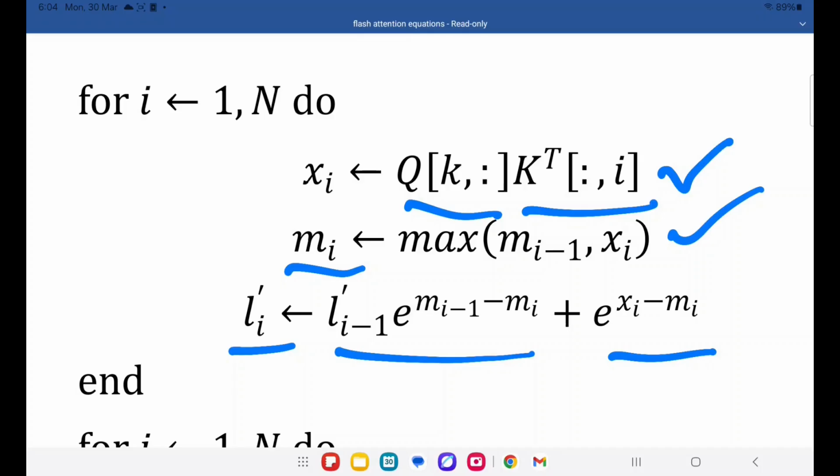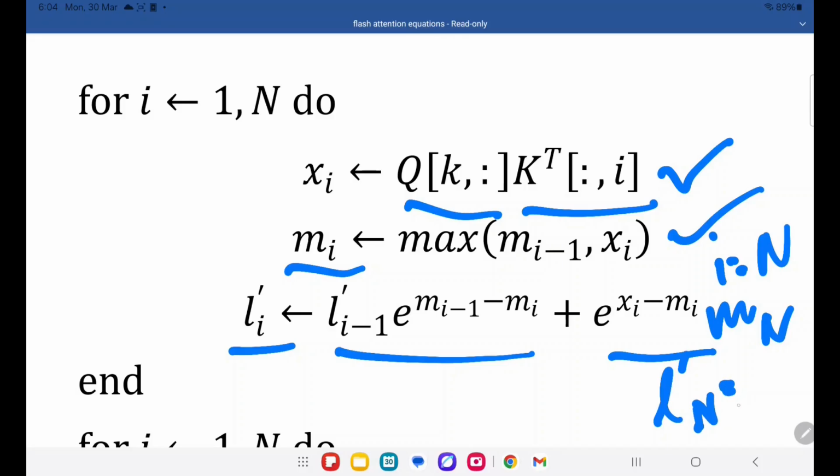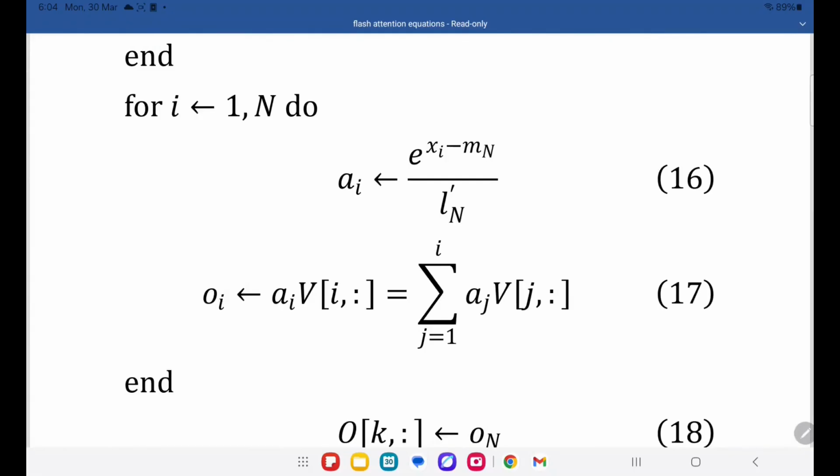By the time we finish this pass at i equals n, we have computed the true maximum Mn and the final denominator Ln dash, which equals the true softmax denominator Ln. In the second for loop, we use the computed statistics to calculate the actual softmax probabilities and the final output. For each position i, we compute the softmax score Ai as e to the power xi minus Mn, divided by Ln dash,